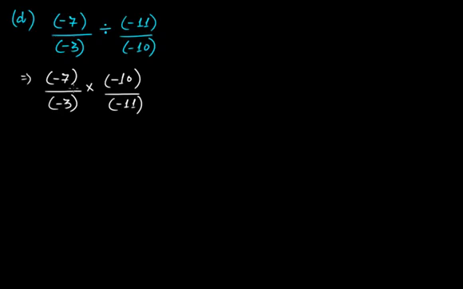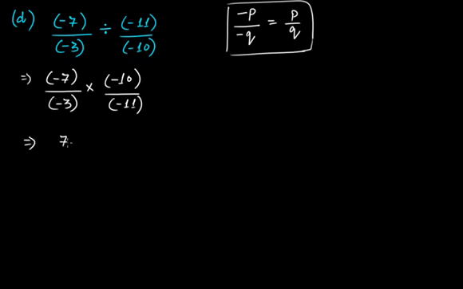We have discussed this one point in our earlier videos, that if your rational number is of the form minus P over minus Q, then it is nothing else but P over Q. What's the proof? We have covered that in our earlier video, so you have to remember this thing. So convert them, write them as 7 over 3